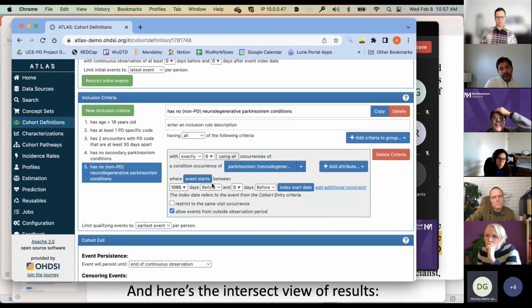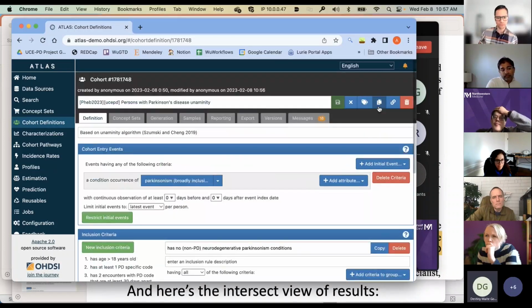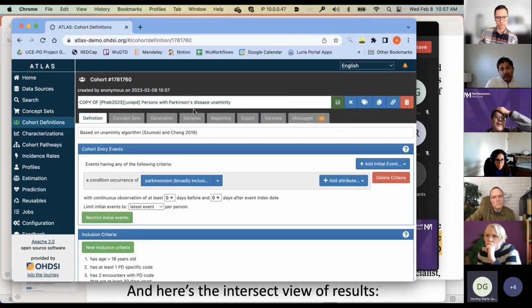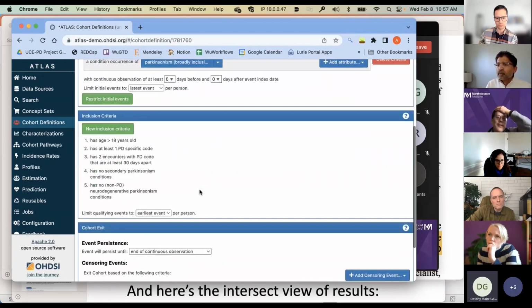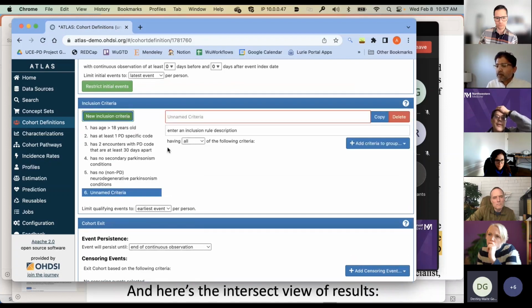But then okay, that's right. I can copy it. And I will say with meds revision 1. So this is after our talk. And I will add the criteria here